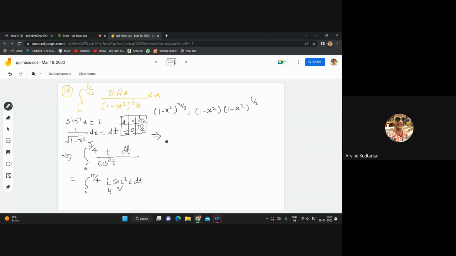to both these terms. Okay, substitute first the upper limit t is pi by 4, and tan pi by 4 is 1, so you get pi by 4, minus t is 0 and tan 0 is 0, so minus integration of tan, which is log of sec t. And for this function you have to provide the limits, 0 to pi by 4. Okay, so pi by 4